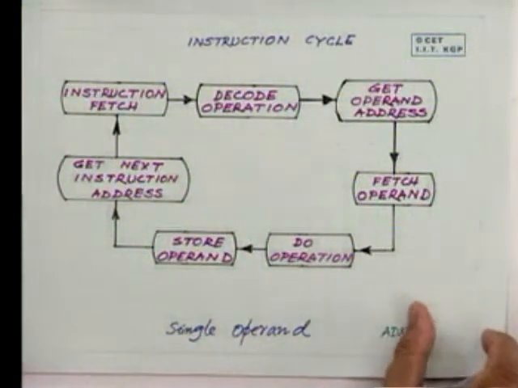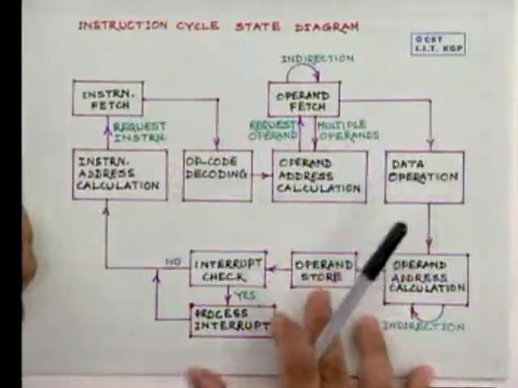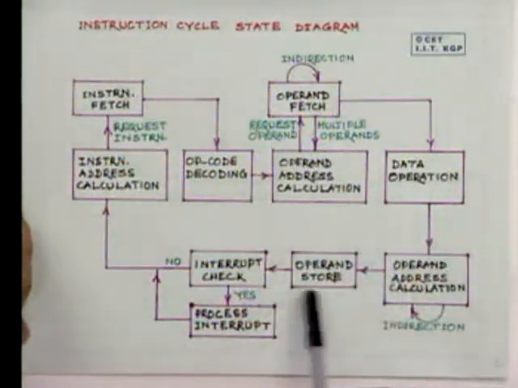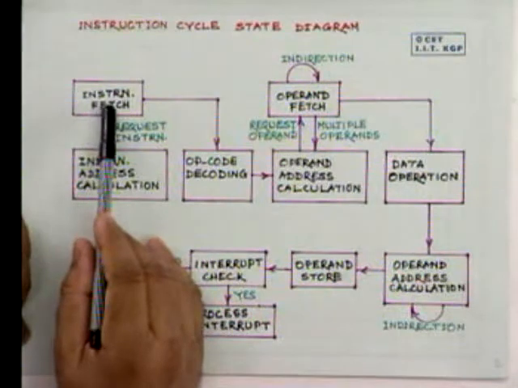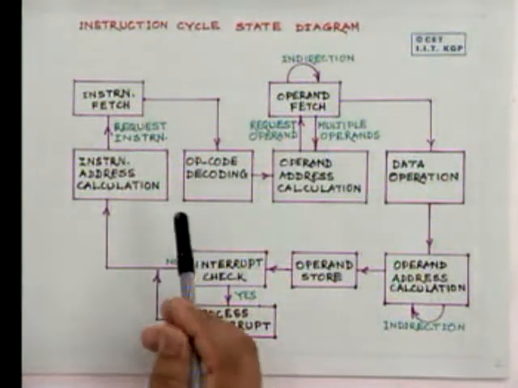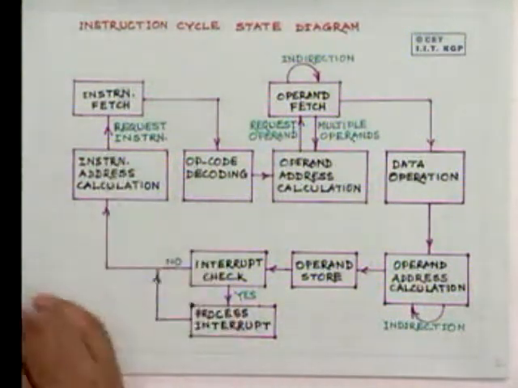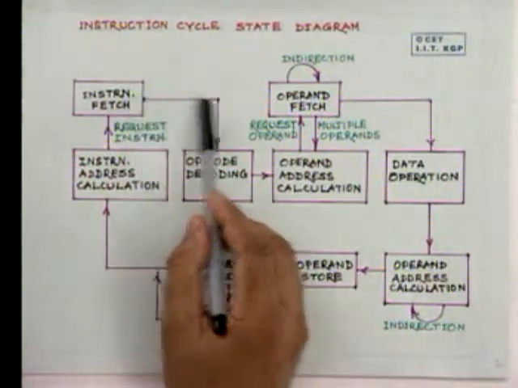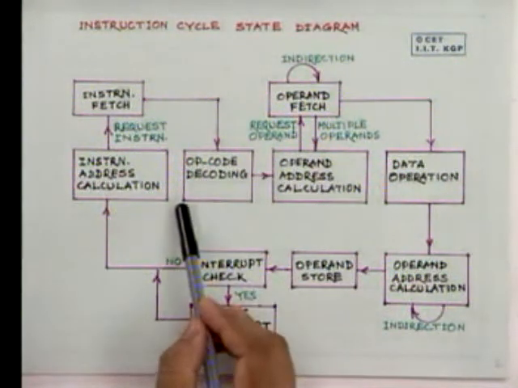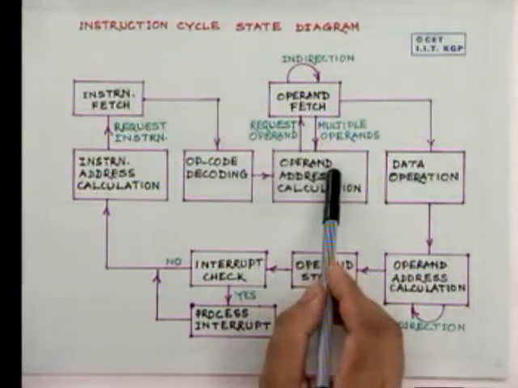Now, this is a simple case. Let us elaborate it further and come to the general case here, the instruction cycle state diagram. We have shown it in a much more elaborate way because we need the actual operations involved to study what the control unit is supposed to do. Here you see that instruction fetch is here. After the instruction is fetched, opcode decoding is done, and after the opcode decoding is over,